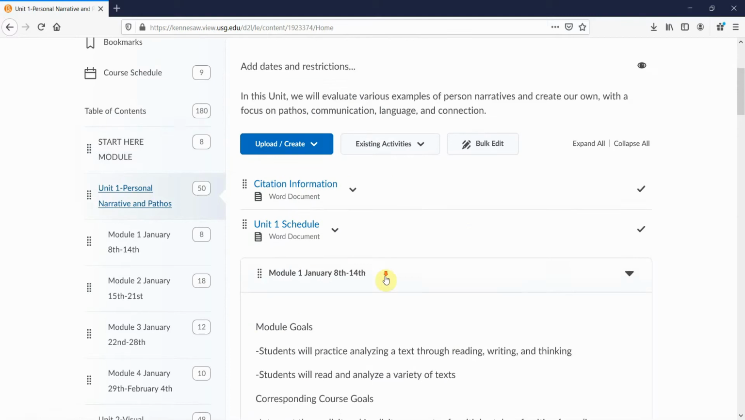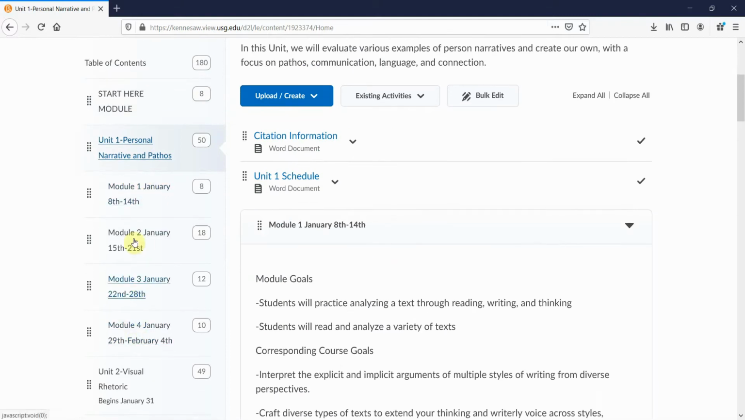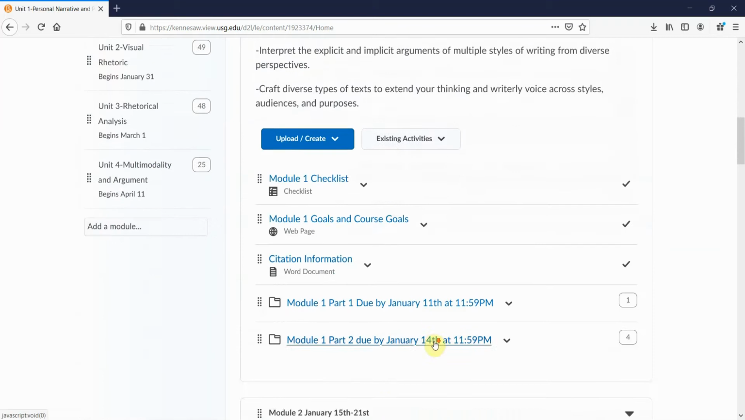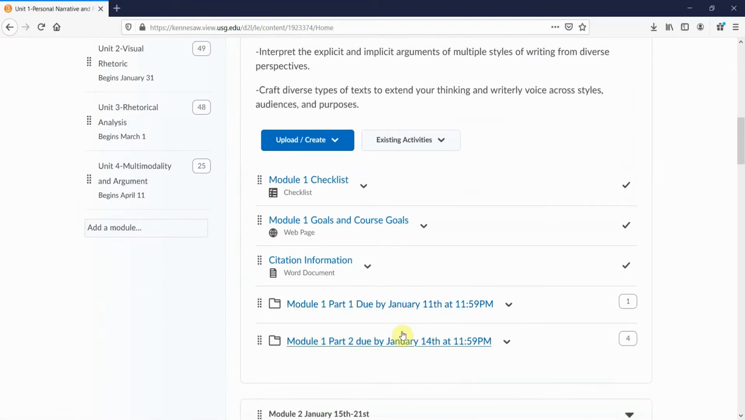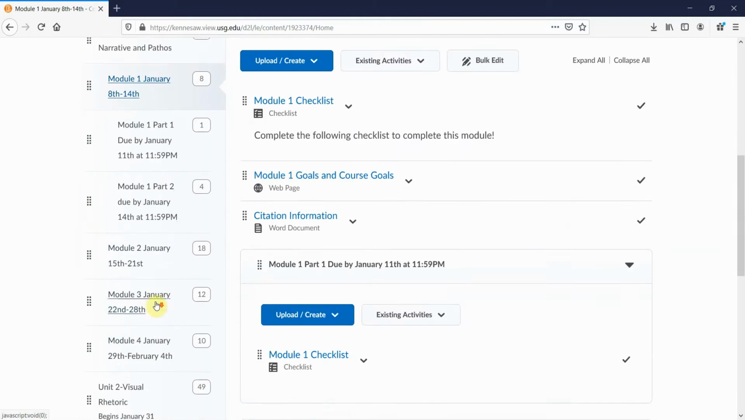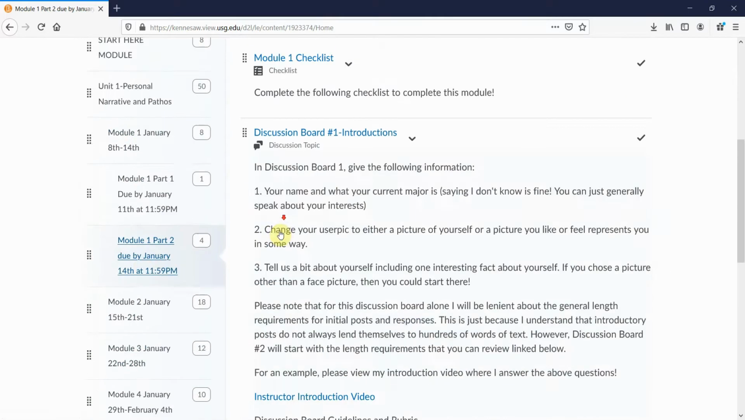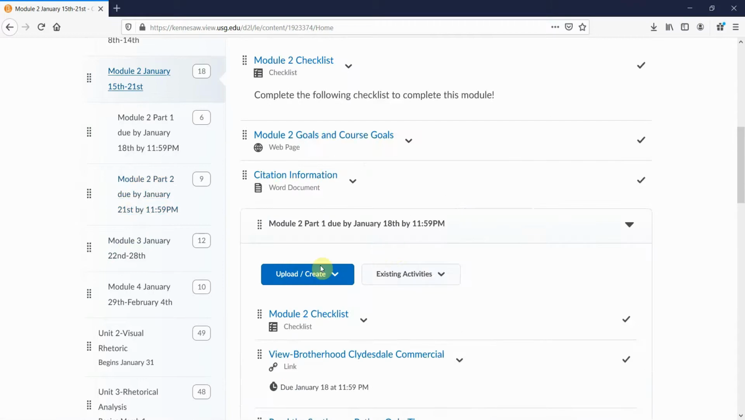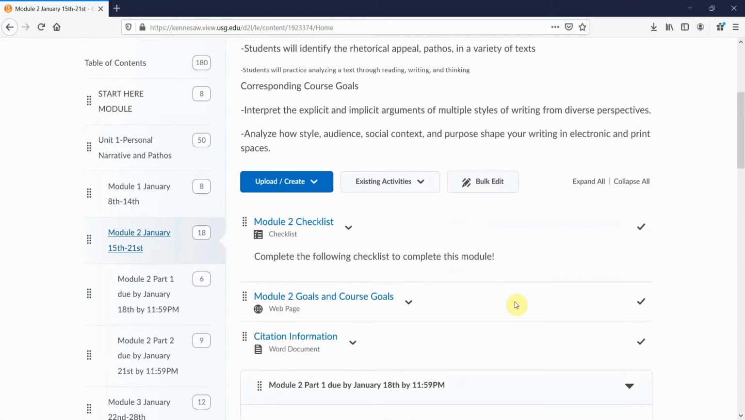Again, if you click on one, you'll see all the different modules with the due dates, the time spans, and everything that's due, the different parts of the modules. Then you can click on this and say, okay, we're on module 1, part 2, and you can go through that. One other quick thing that I want to point out before we move on is